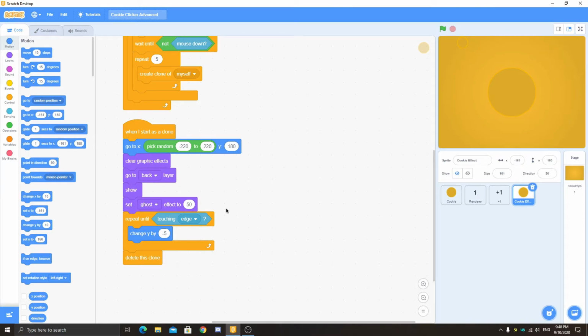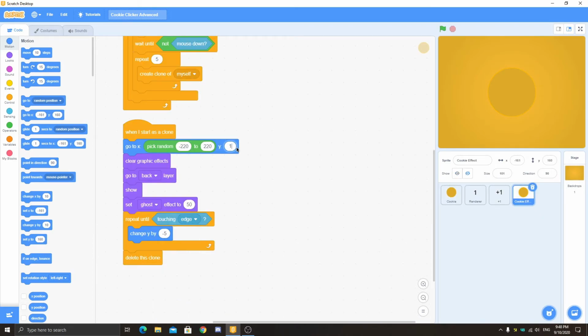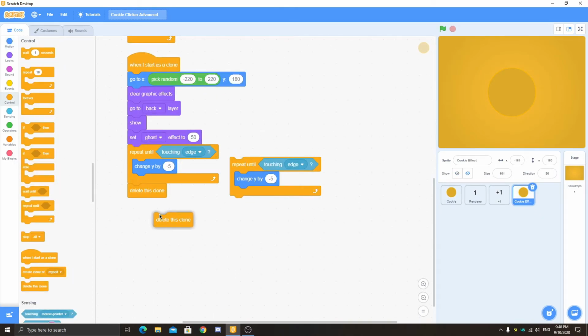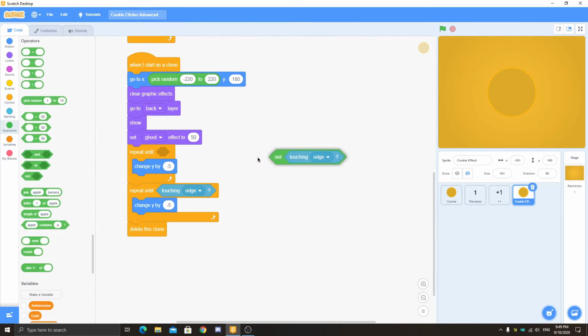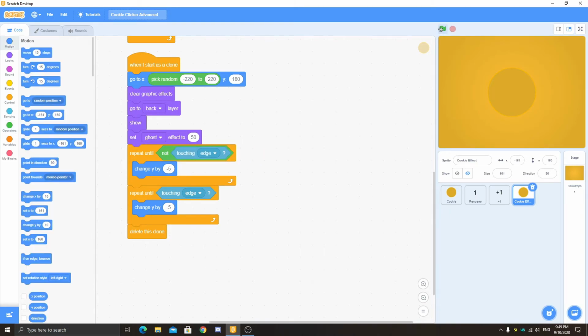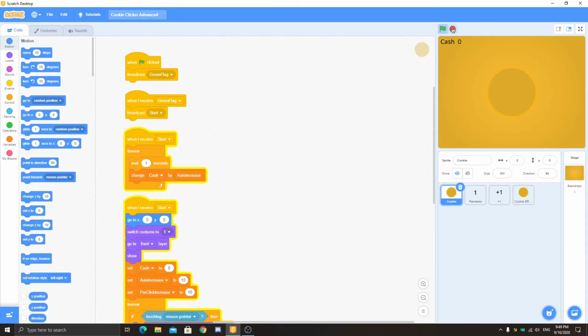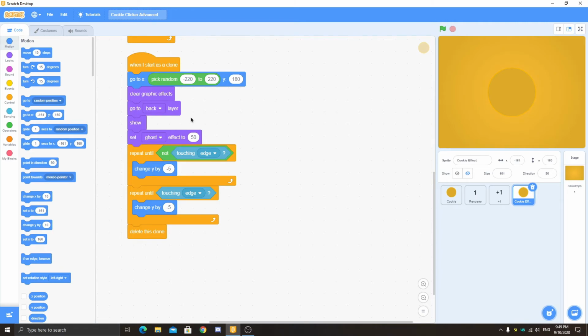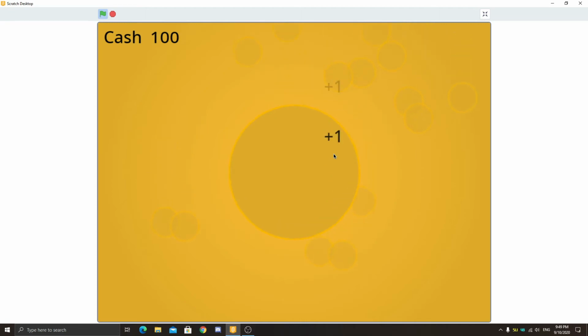The 160 will be good, so you can just set the Y to 160, and now you can see when I click, these just appear. To make that look real, you can just set this to 180. Just duplicate the script, remove the delete this clone and put it here. Wait until not touching edge, it will do the same, and then after that it will do this. So here you can see it just looks like it is coming from there, and you can just reduce this repeat effect like 2, and now you can see this just looks smoother and better, and this just looks great.